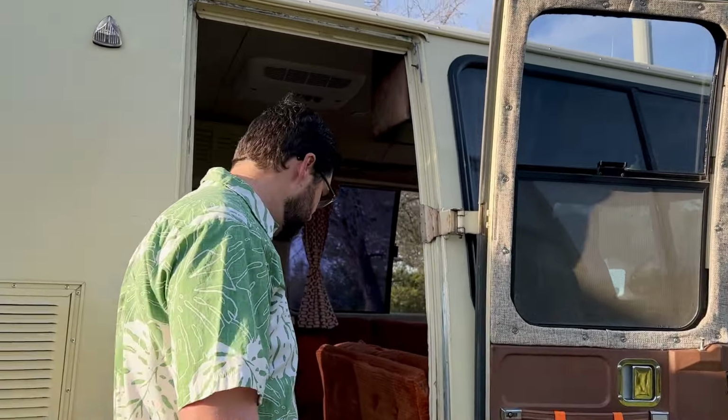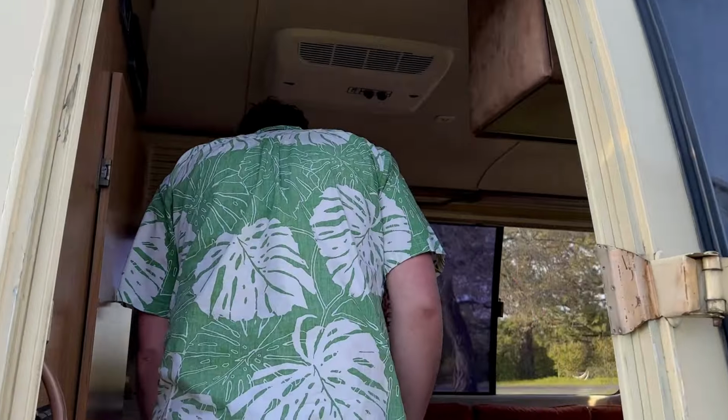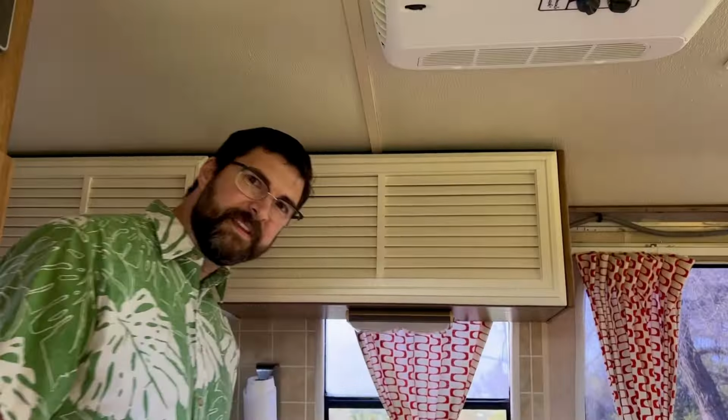All right, well, let's go inside and check things out in there. All right, so as you come in, we're going to take a look in the back first and then work our way toward the front. Just a little different approach than we did last time, and we'll just point out some of the things we've been working on and some of the features of this motorhome. So back here in the back,